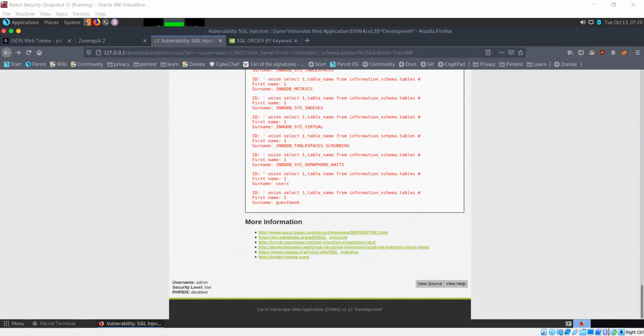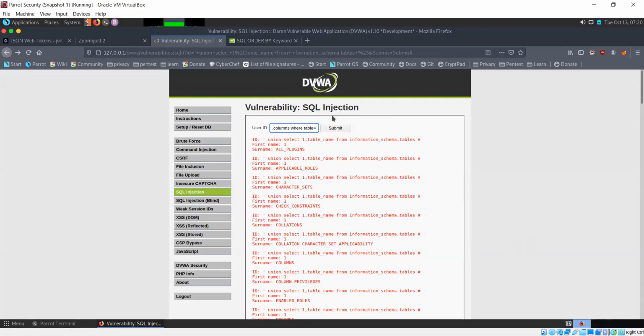So where table, actually not table, where table_name is equal to users.